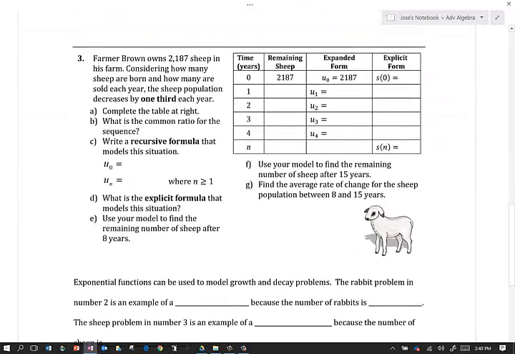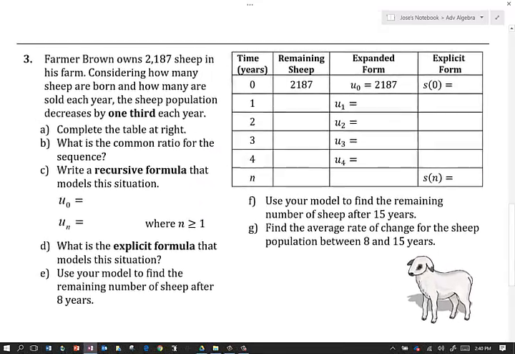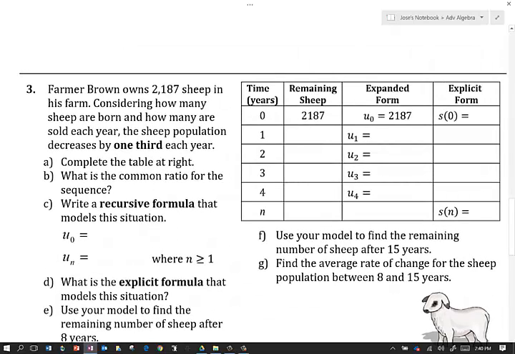Let's now look at our third and last example. Farmer Brown has 2,187 sheep, and every year the population decreases by 1/3. So we're going to complete the table. Be careful in here. There is a tricky part in here. If the population decreases by 1/3, that means that there is still 2/3 of the sheep that are still in the herd. And that means that if you want to figure out how many sheep he has after 1 year,